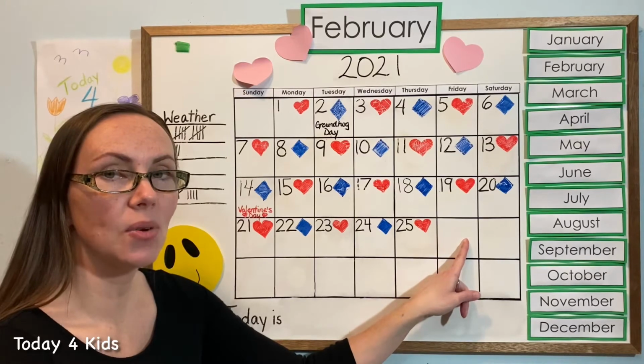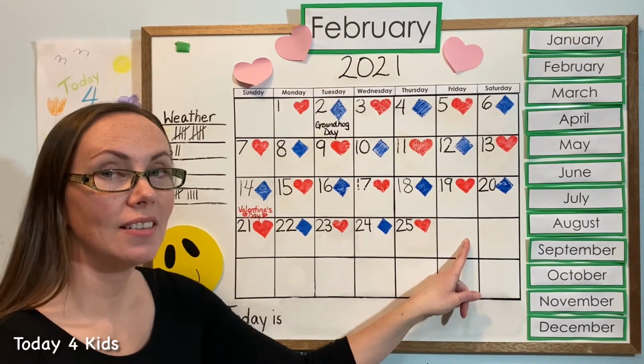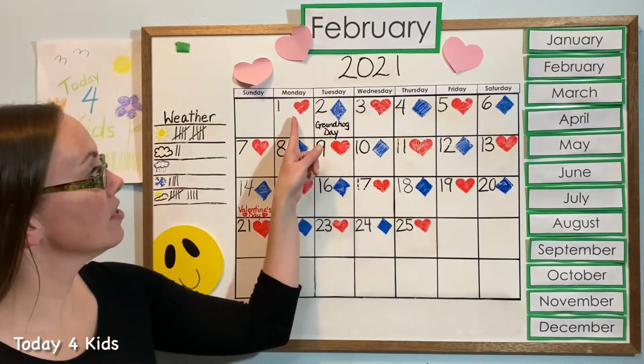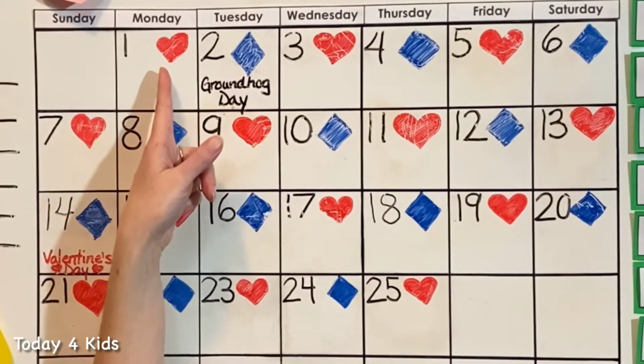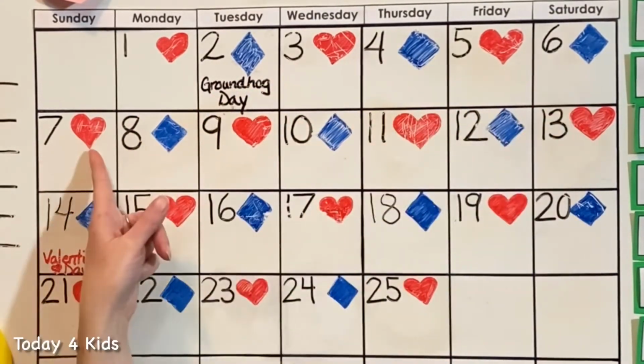What do you think that is going to be? Can you tell by the other shapes in the pattern? Let's see if your guess is correct. Let's go back to the beginning and do our pattern together. Are you ready? Red heart, blue rhombus, red heart, blue rhombus,